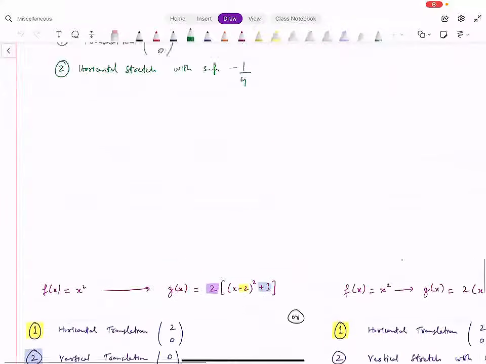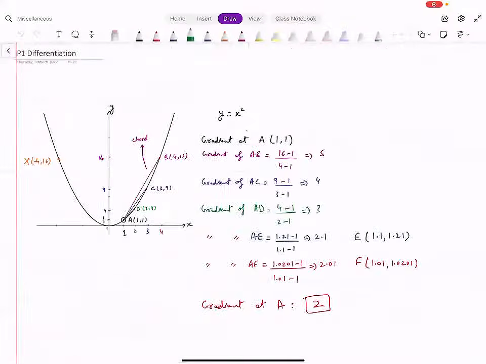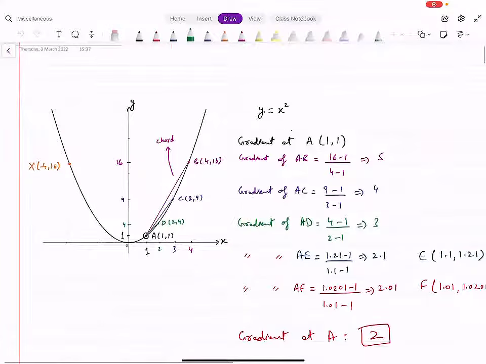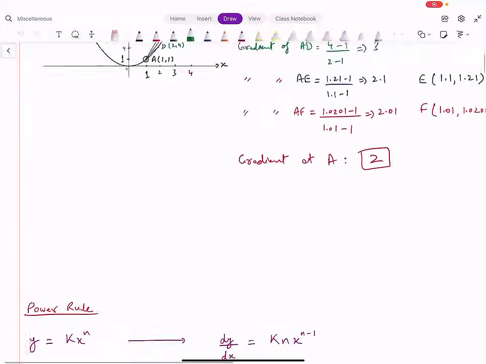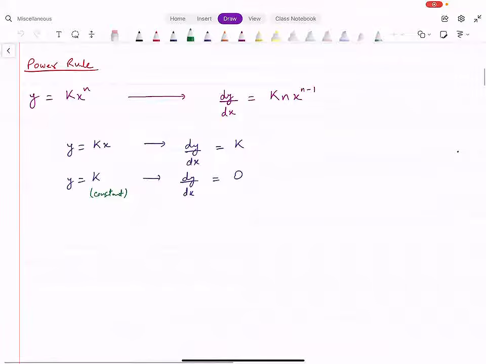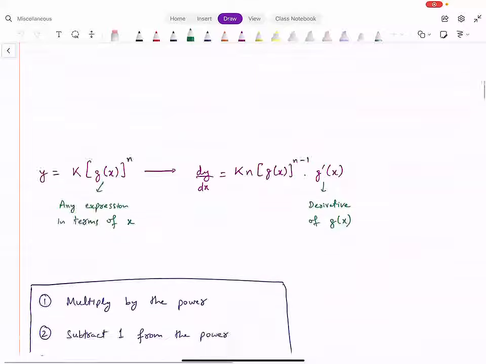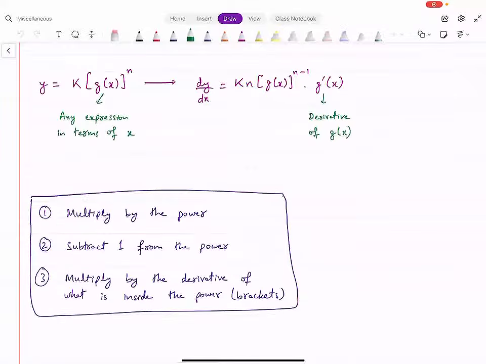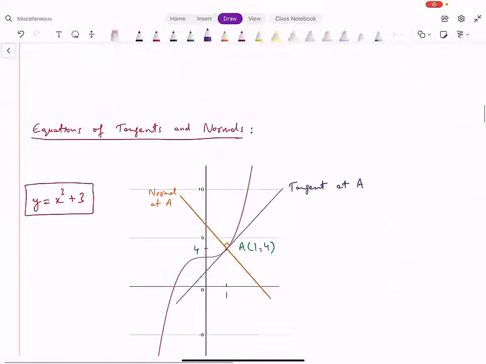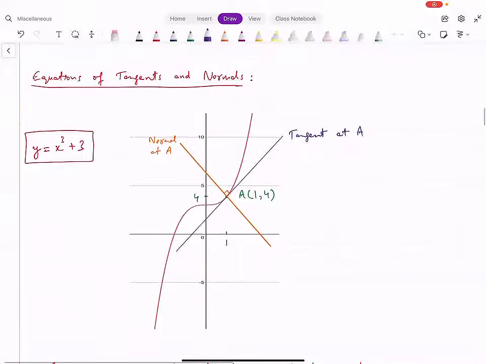Then you have differentiation after that. P1 differentiation, इसमें chords का sequence को use करके आप किस तरह से gradient estimate करते हो, ये process आपको आना चाहिए. It's only tested a couple of times, but you have to know this process. Power rule of differentiation, the general power rule जहाँ पे अंदर power के अंदर x की जगह पे कुछ और आ जाए, how to differentiate functions like these. Equation of tangent and normal कैसे find करते हैं,